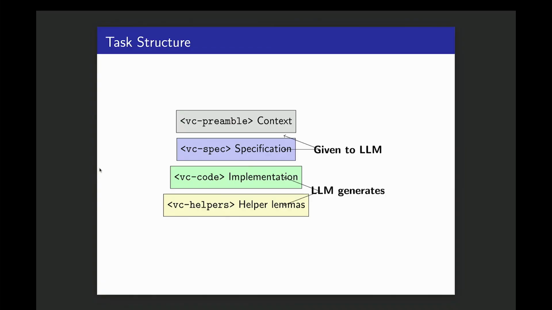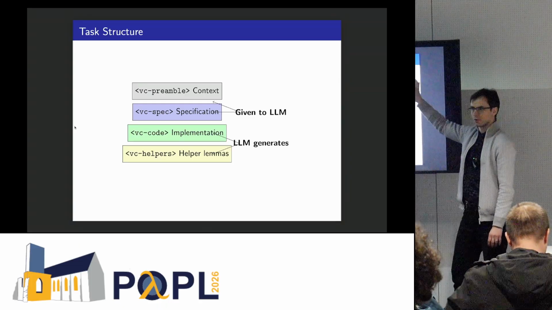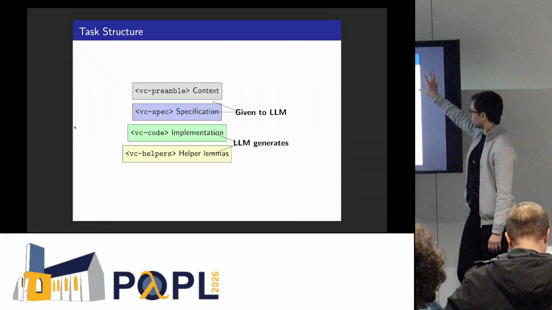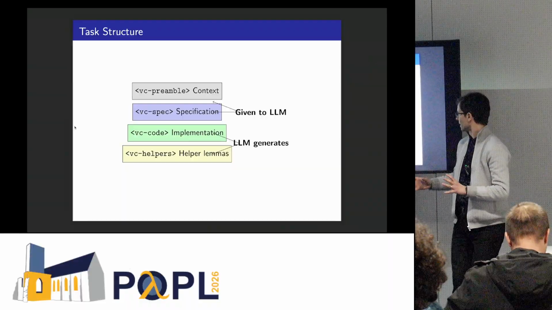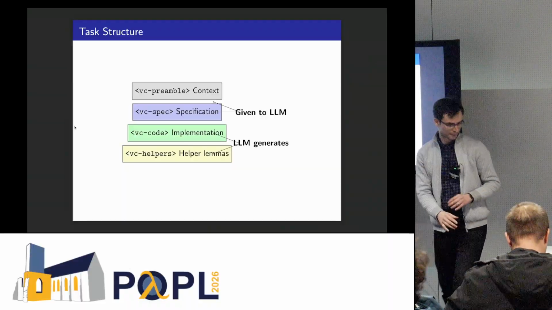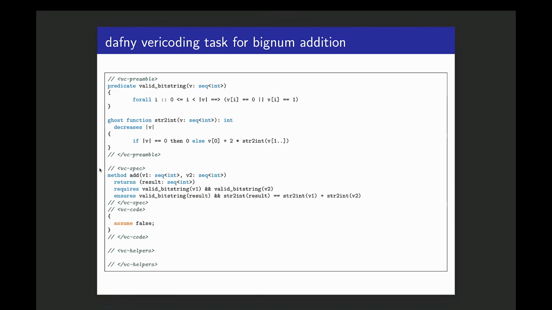But what is a spec? I've been talking about tasks and the LLM. What do we give to the LLM? We give a context, which is basically all the formal definitions, and then we give the specifications: this is the function for which I want the code. Then the LLM gives me an implementation and helpers. For Dafny, it looks like this. This is a valid bit string. This is something in addition: I want to just add two numbers, in crypto operations. These are big strings.